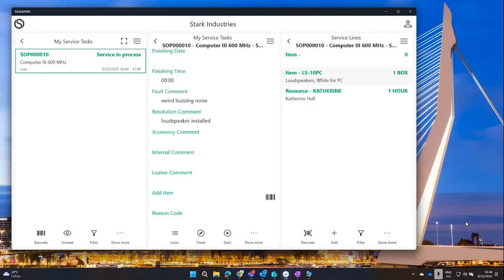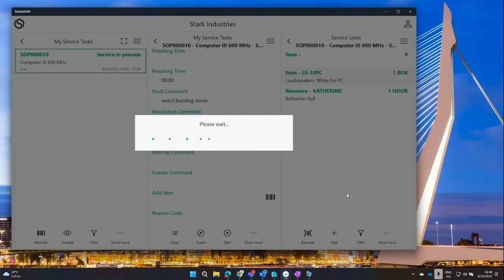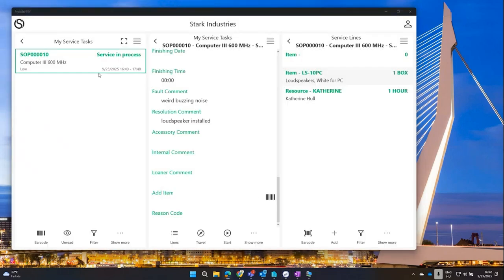So if I push that and I open up the lines, I can see that resource has been added. It was Catherine's time consumption, and it's 1 hour. It was not 1 hour, but again, that's a Business Central setup, and I have rounded that up to 1 hour. Again, if I download the service item worksheet now,